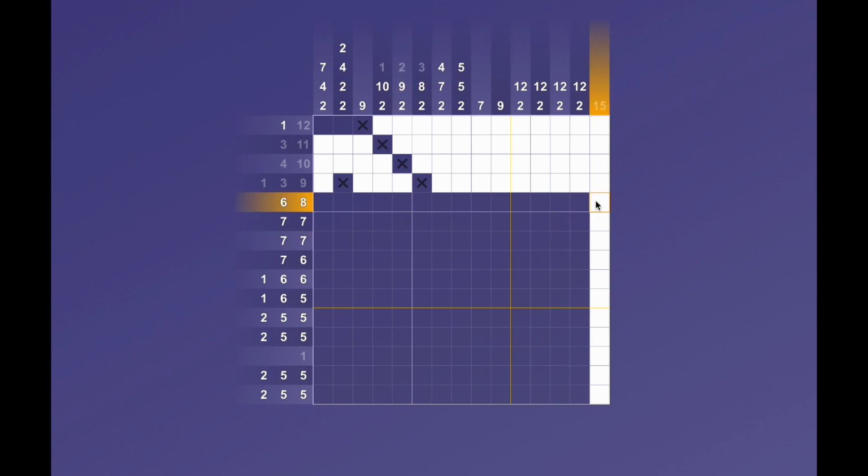This row ends with 8. 1, 2, 3, 4, 5, 6, 7, 8, and then an X. And then we have 6 more, and that's all we have, so we'll do 1,